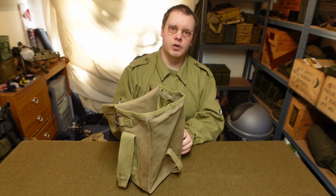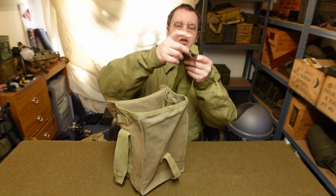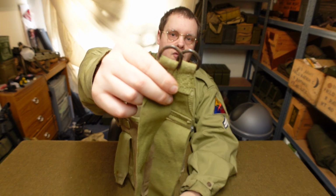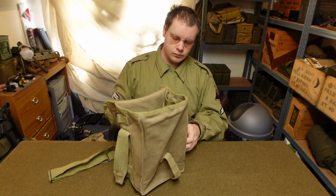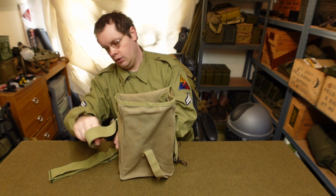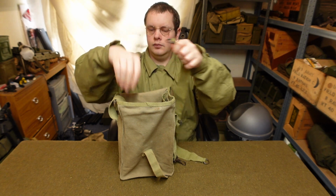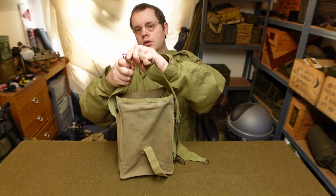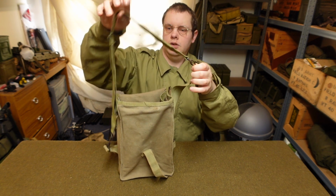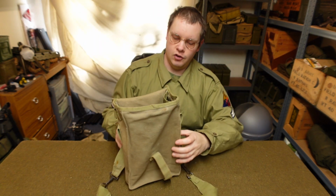And the way you can go about that is by adding one of the accessories to it, which I have here. So here is the M1 general purpose strap, and you see here that doesn't have hooks on it like a lot of the straps do. This is designed specifically so you take these off on both sides like so, and then you just get your strap, and you just clip it on each side, and now you have a proper way of having it around your shoulder, and it's just basically a shoulder bag